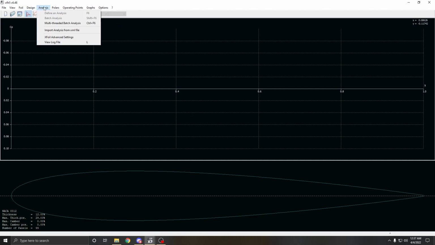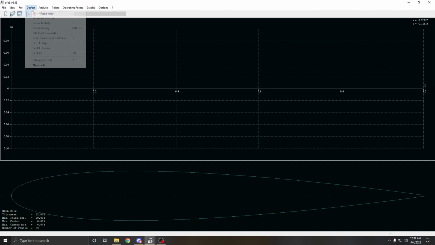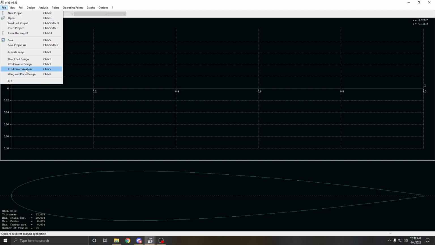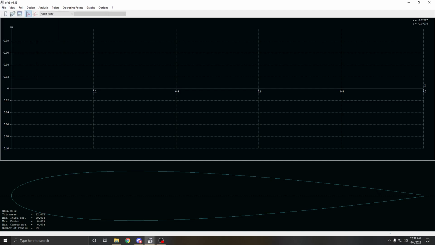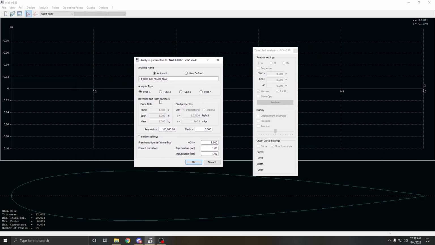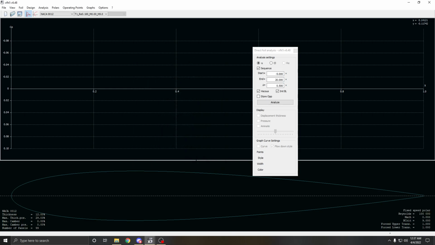XFoil direct analysis. Oh, whoops. Okay, it's over here. And then define. So we have Reynolds of 100,000. That's what we wanted. Mach is going to stay 0. Everything should stay there. So for our analysis, we did -5 degrees to 20 degrees at a 0.5 increment as